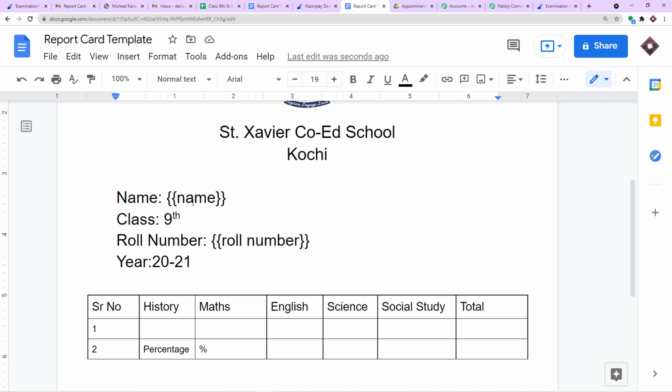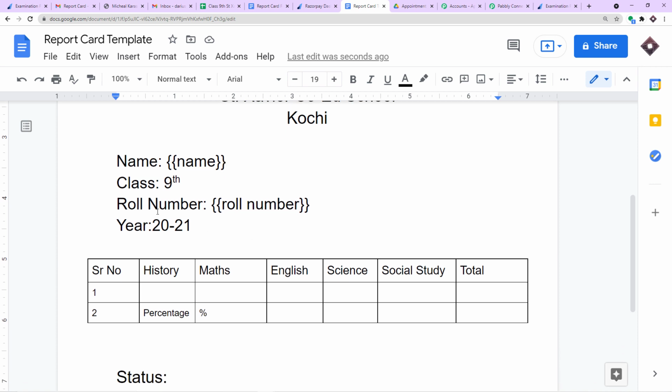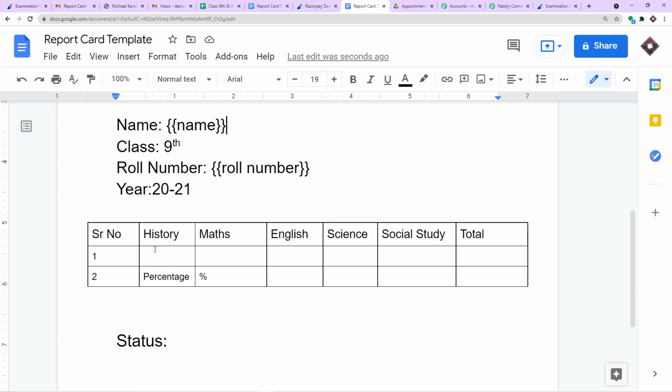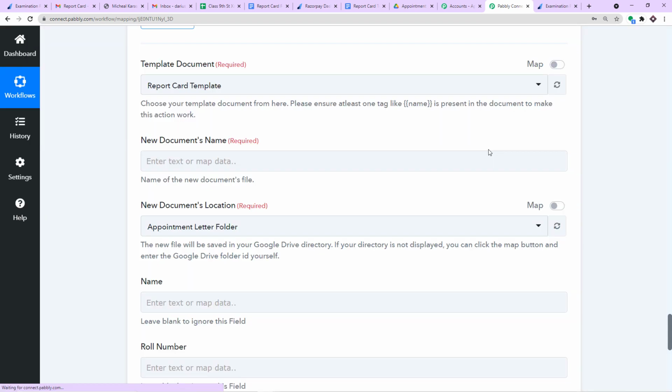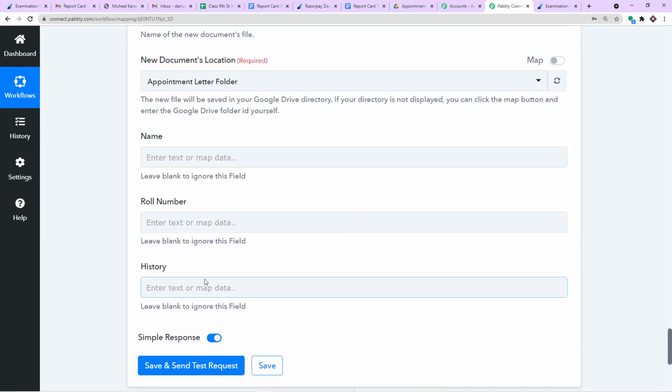Inside here we are going to add the name of the person, and here the roll number of the student. Okay, so we are ready. Now we are going to enter the marks one by one: marks, total, and percentage. This is something that we are going to do fast. Okay, history. Once again let me show you the magic. This time we are expecting one more field called history. As you can see, we have one more field called history.